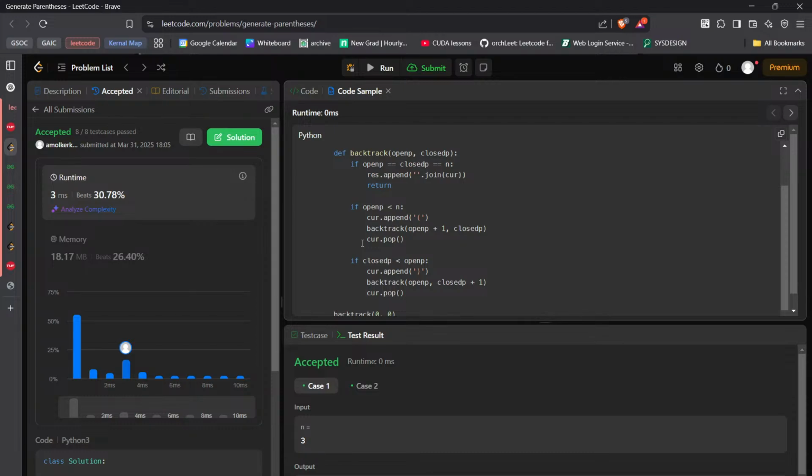There will be exactly an equal number of open and close, open will be n and close will be n. So if open is less than n, then I'm adding this and backtracking with open plus one and close, and current dot pop, and then the close parenthesis